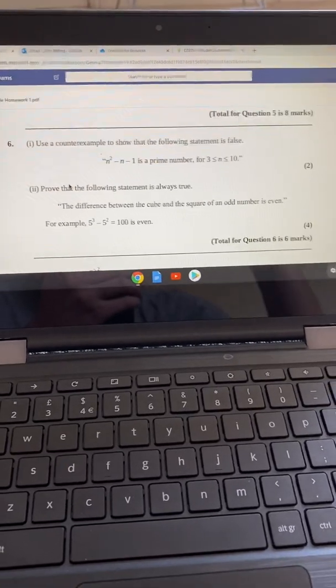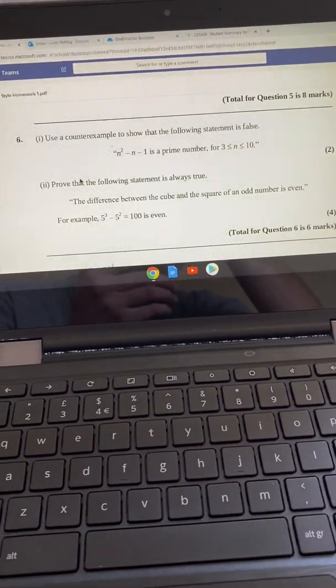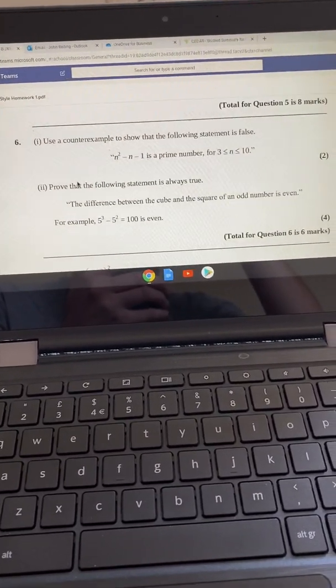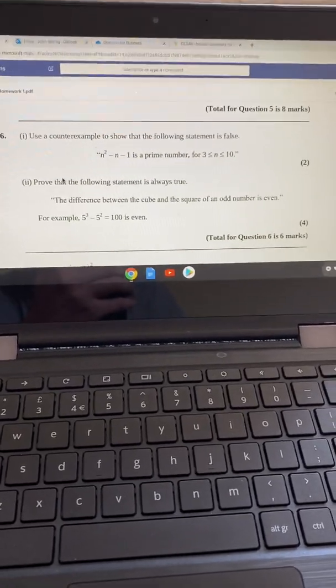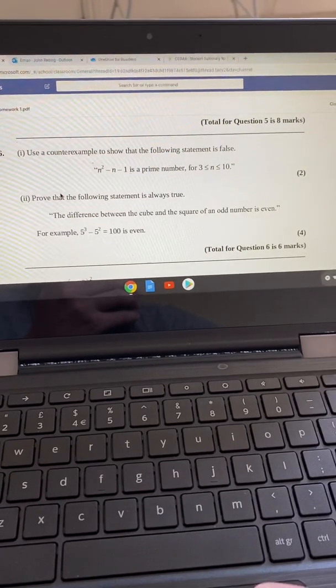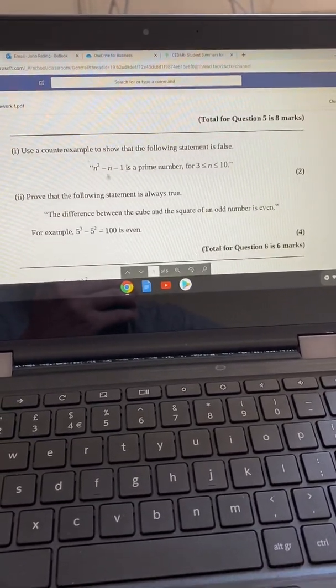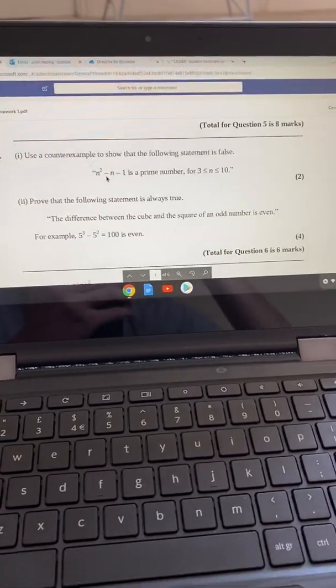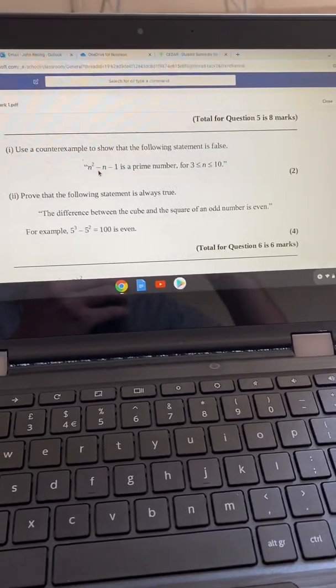I've sent the mark schemes out. I don't know if they'll be good enough for you. But question 6, I wouldn't worry too much about. I don't know how that's really snuck into the homework. It's about proof. Although this particular type of proof you could sort of work through. It's kind of GCSE